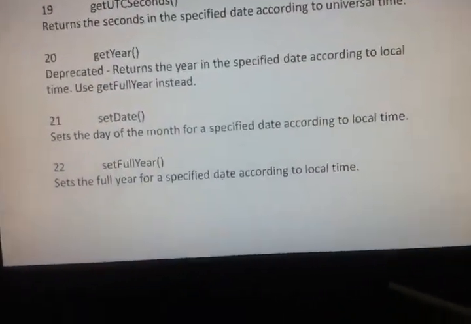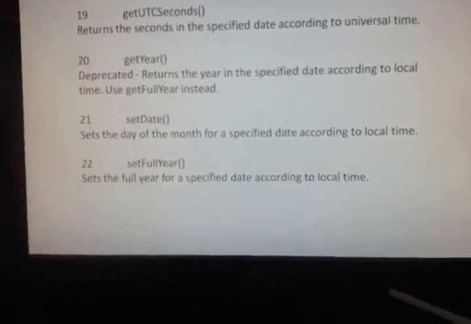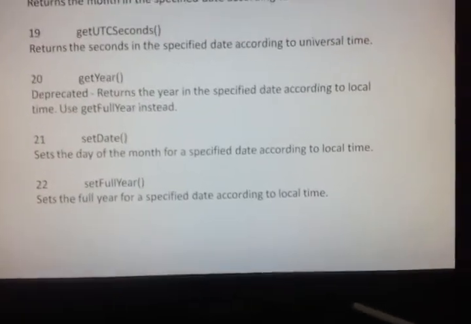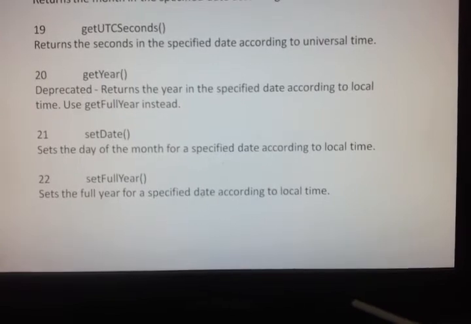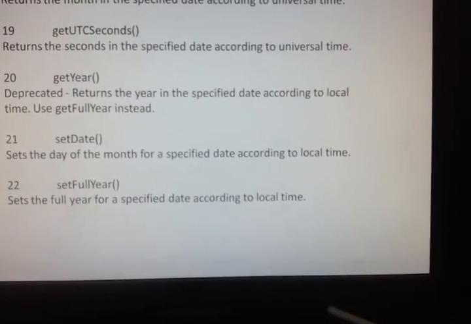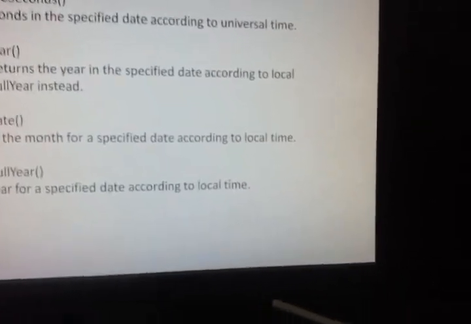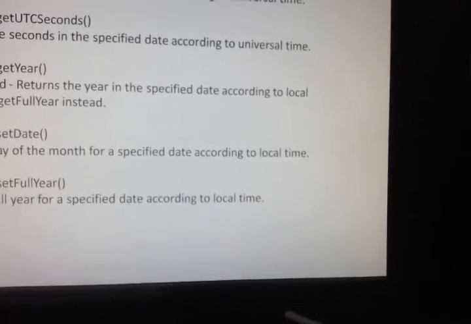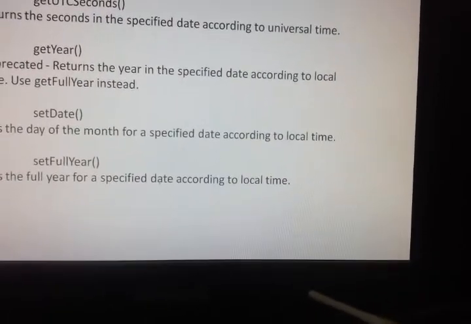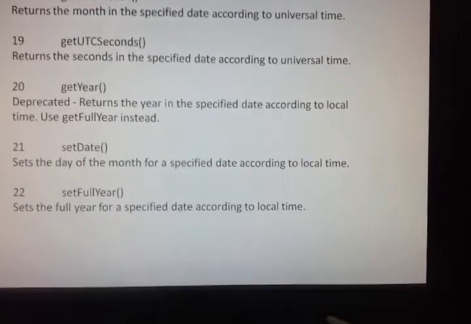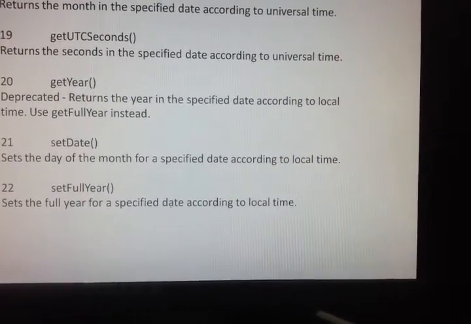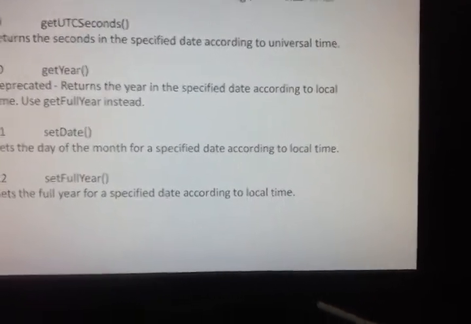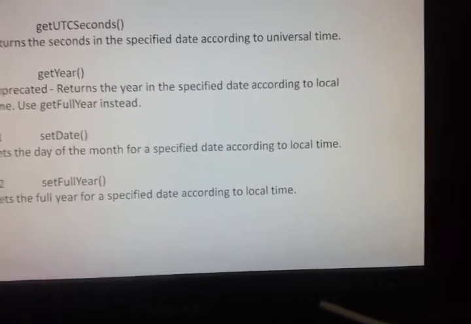What are the different set methods available? First one is setDate. It sets the day of the month for a specified date according to local time. Next, setFullYear method sets the full year for a specified date according to local time.